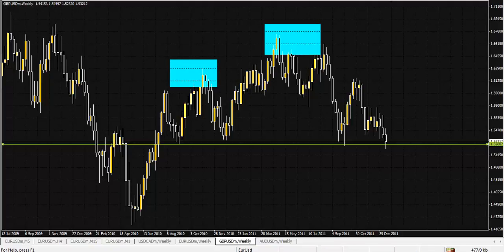Here's the head, and then here's the right shoulder. This week, late Friday, it was looking like a nice breakout. We were trading below the lowest point, but again, before the Friday close, buyers were able to push price back up above that level. So, no trade on this just yet, as it hasn't broken out or confirmed